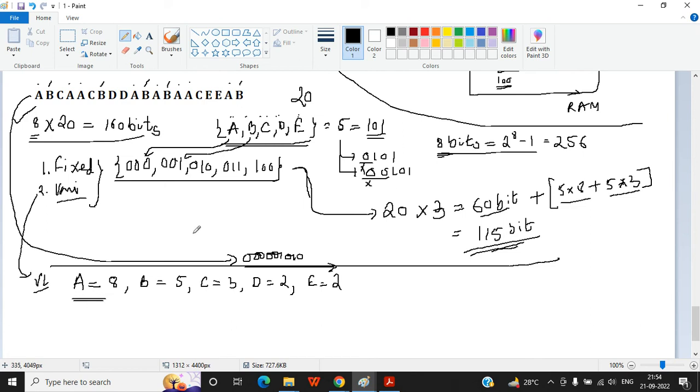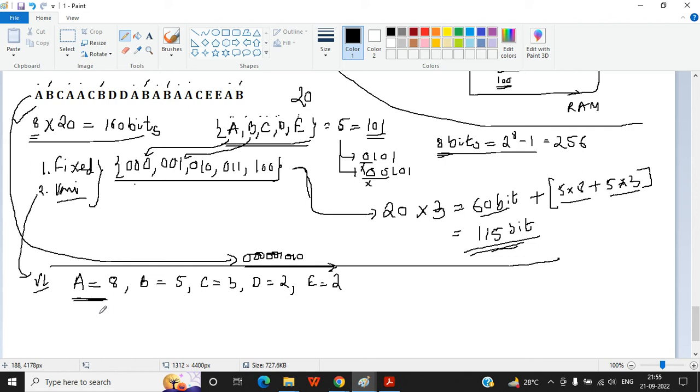Now instead of coding A with 3 bits, if we code A with 1 bit or even a 2-bit code, then how many bits can we reduce? We can reduce 8 into 1, 8 bits could be reduced.